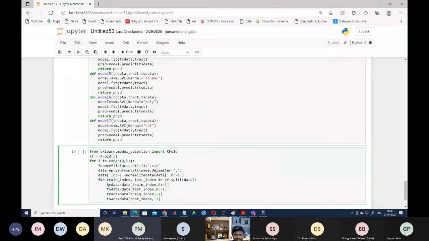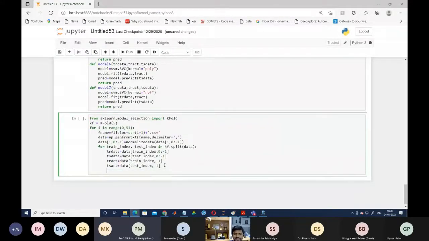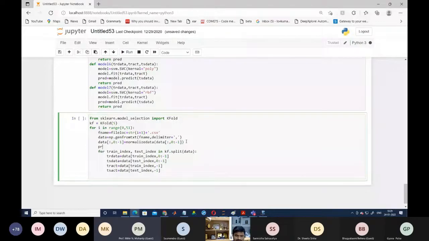So now here you have to check. This is our training data and testing data for this data. Once we got this, now we are going to calculate the predicted value. We are writing predicted value. How many models are we using? So np.zeros, that is an array we are creating to store the values, with np.shape of data of 0, and how many models?